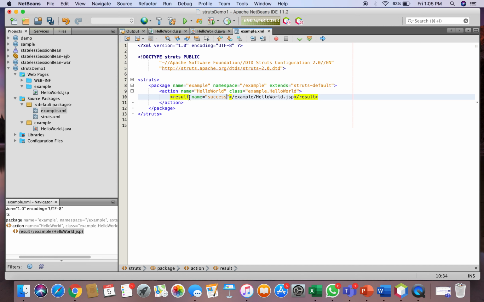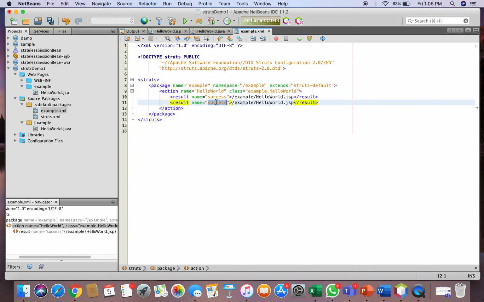In our example we are calling the same page only, but when you are creating big applications you may have to go to other pages. So if you have to point to another page, you should write the path of the other page.